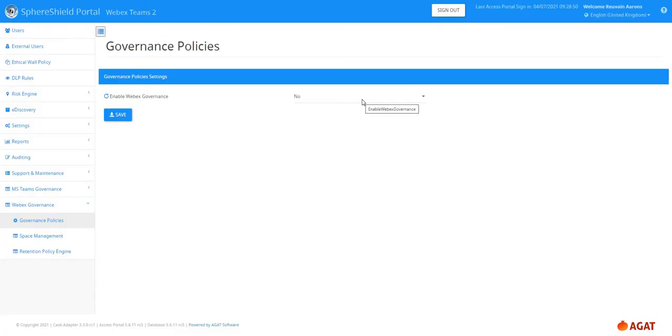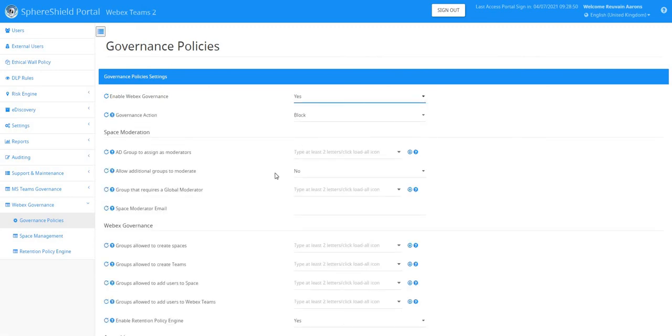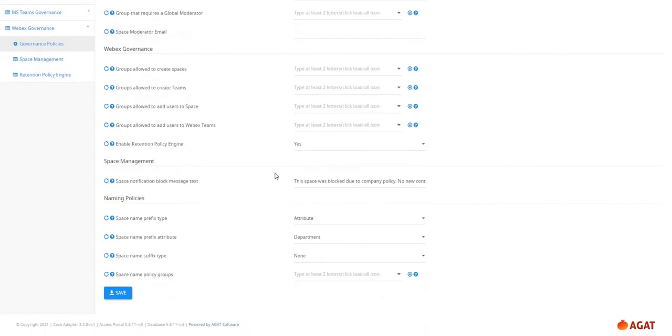So here we're going to see the Sphere Shield governance for Webex Teams. We're in the Sphere Shield portal at the moment, and you can see we're in the governance section. The first thing we're going to want to do is enable Webex governance. So let's click yes over here, and you can see that there are many different types of policies which are